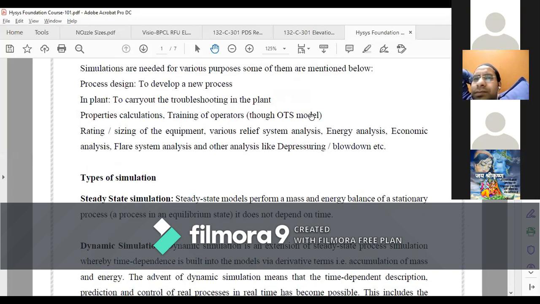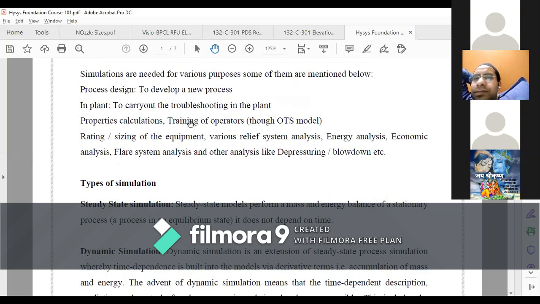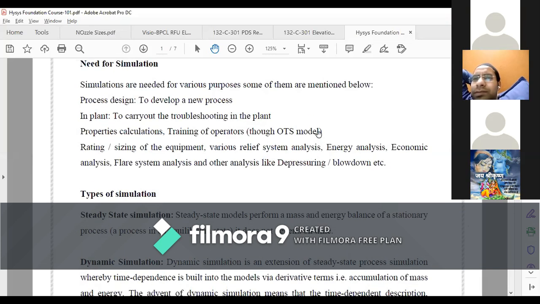To minimize this training period, what is happening nowadays is, if the client is opting for any DCS, distributed control system, for any plant, the DCS vendor provides you the OTS model. The OTS is basically the operator training simulator model.